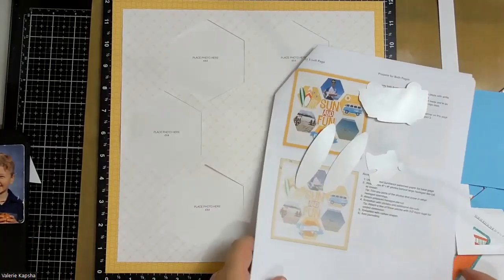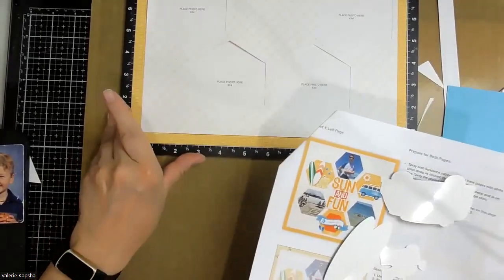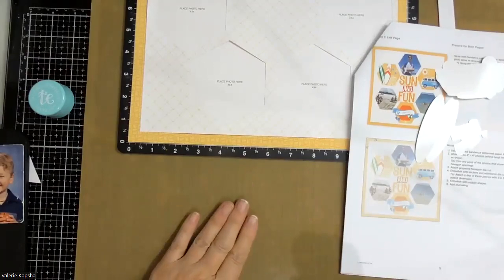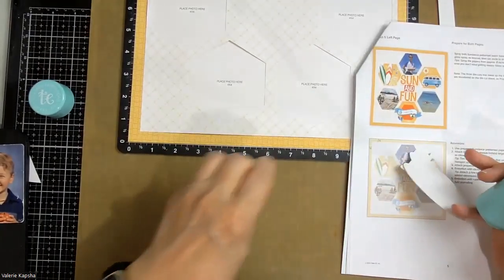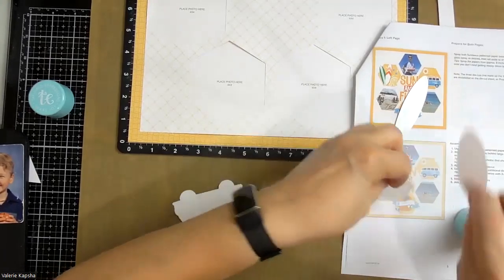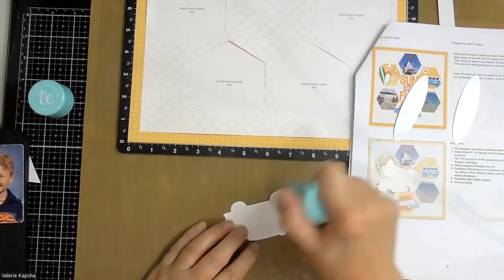Okay, so now you notice that I put these on the directions upside down because I don't want them to stick to anything. And I'm pushing my Versamat a little out of the way so that I have my craft mat. Oh my gosh, these are so sticky. They're just sticking to each other, sticking to me. Okay, and now I'm just going to